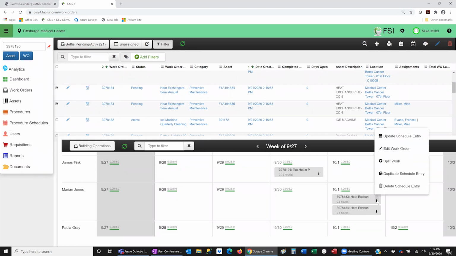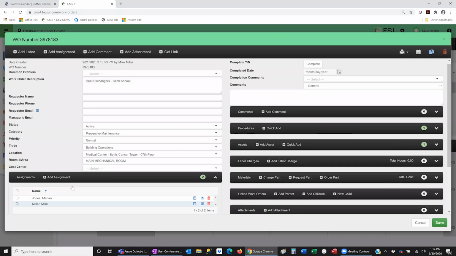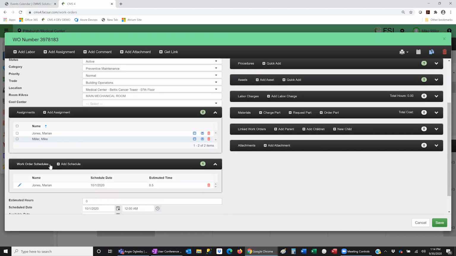So, a new feature in the work order screen, let me go back to edit that work order. When I edit that work order, there's a work order schedules portal that shows up under the assignment portal. So you could have a different schedule that's a little bit different than the assignment, what date that actually is supposed to be done. And there's a search available in CMS Tech where you could add it in, which allows you to show just the work that's scheduled for a particular day. So the idea is that person logs into CMS Tech, they see their work orders for that day